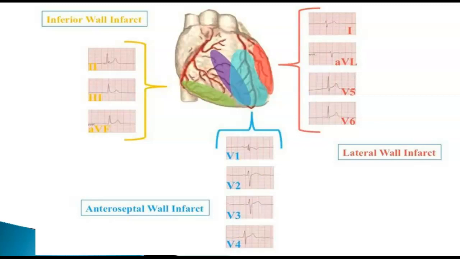Let's talk about MIs again. When we were looking earlier at lead 2, lead 3, and AVF, that's the inferior wall. Take a look at that picture of the heart and how it looks like the inferior wall and which artery it will cover. It's actually the RCA. Look at leads V1, V2, V3, and V4. Those are all anterior or septal, so we'll call them anterior septal walls. See what vessel that would cover. And when we're talking about lateral leads, the 1, the AVL, V5, and V6, those are all lateral. This picture shows that very well.